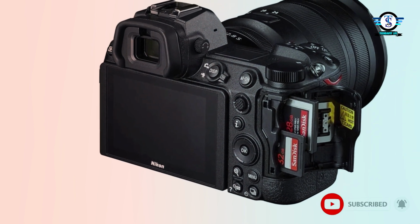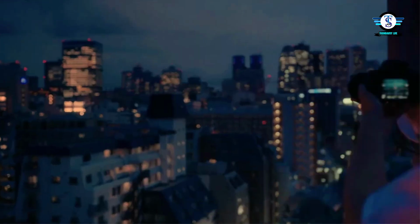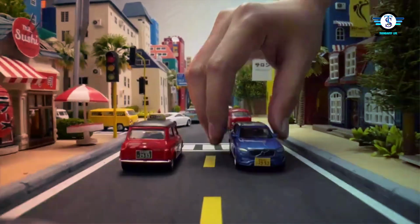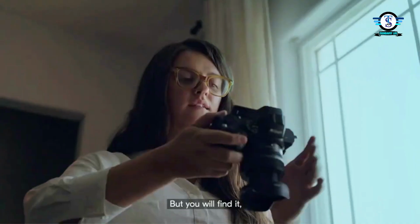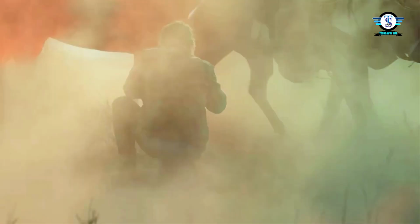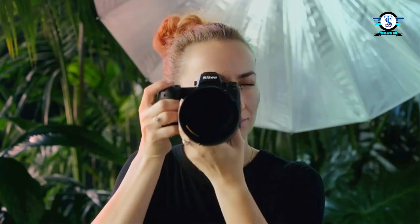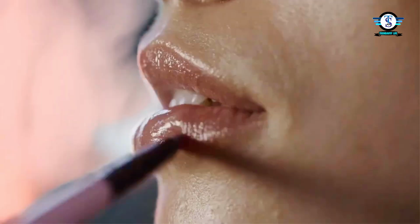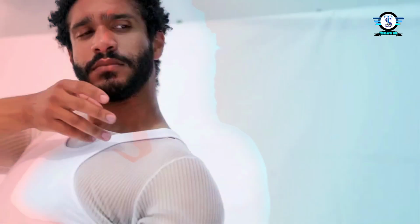It's worth noting, however, that the Nikon Z6 III has now been released and offers some significant improvements. We've yet to test it, but it's likely to knock its predecessor from the top spot once we do. Still, the Z6 II has a lot to offer, including a 14 frames per second mechanical burst rate and good autofocus. It's no slouch in the video department either, with 4K video recording at up to 60 frames per second,